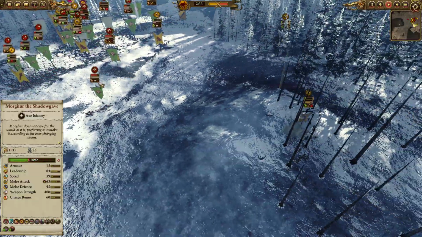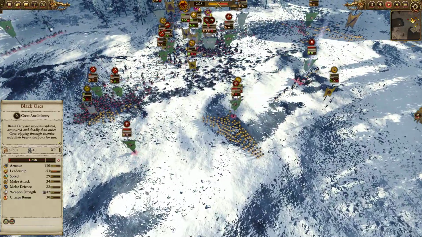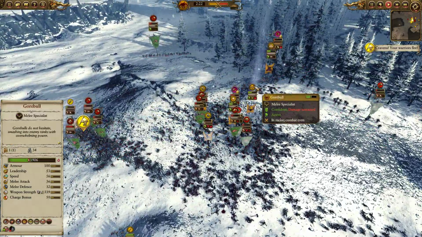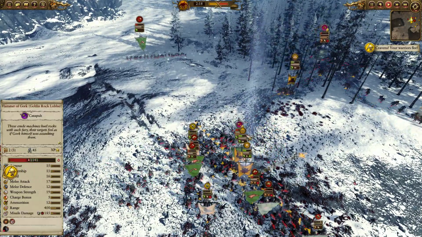A little late, though. He was able to rout off the Bray Shaman, who has now rallied. He's going to be able to get a few spells off, but pretty unfortunate. Azhag is still very healthy at this point. Gorbel is at about 30% HP. Been able to do some good work, but just continually getting whittled down by Spider Riders and Orc Boar Biggins,